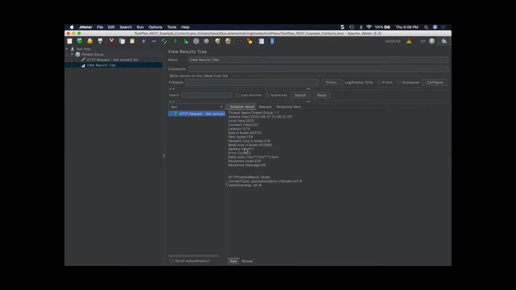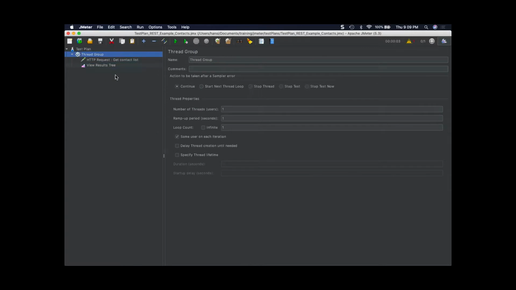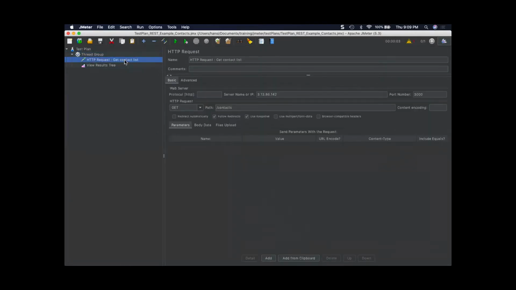This is what you get when you have 200 and OK. The data is there, and if you want to see the data in JSON format, you can select this drop down and select the JSON format and view the result. I'll not go into that one because it has a lot of data.